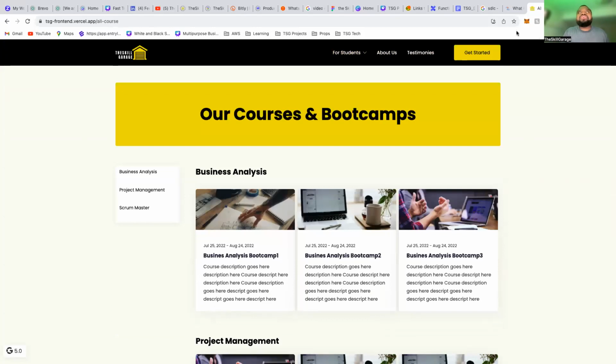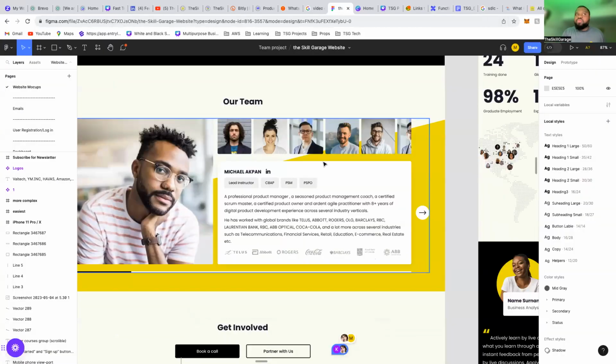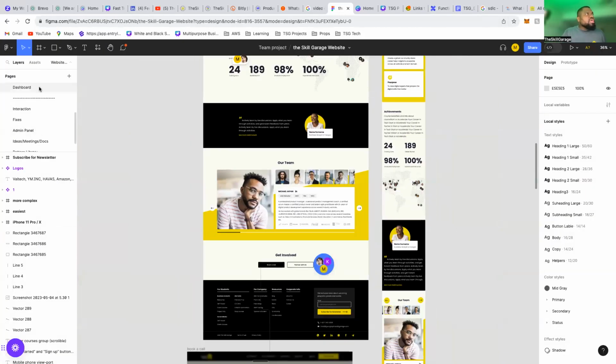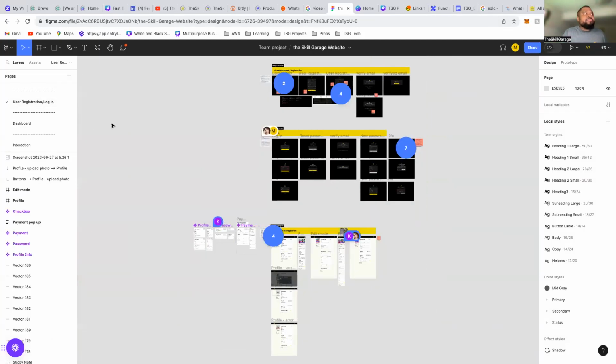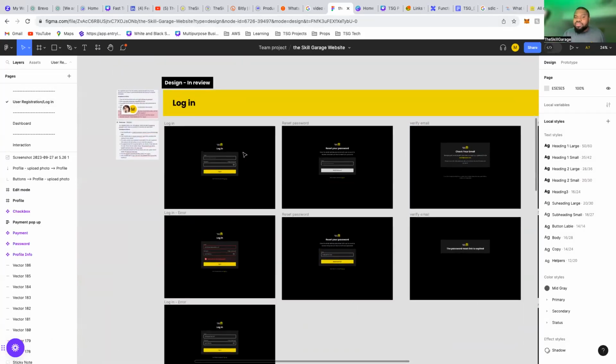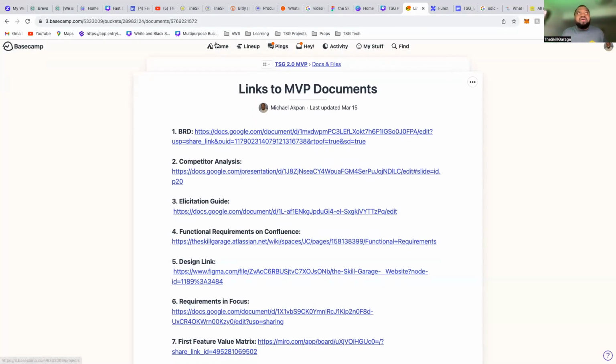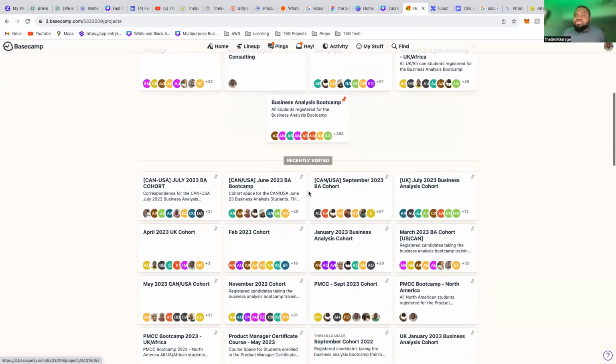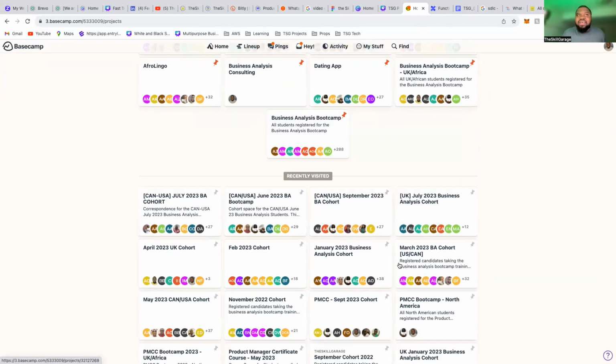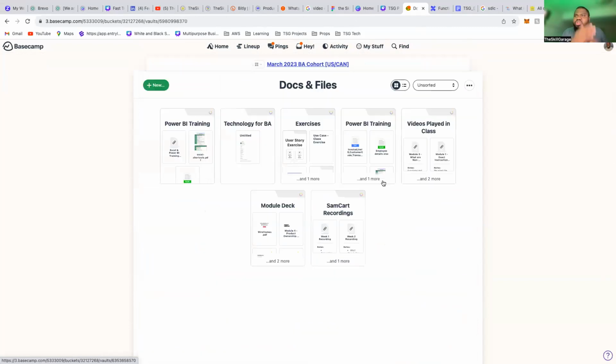But we don't have to wait for everything to be built before we launch this website. For example, there are other things that are still going on. For example, there is this one, the user registration. We don't have to wait for user registration because we have another way of managing the students now. We use our Basecamp to manage the students. You can see this is where our students are housed under Basecamp. They are put into their different cohorts. They can see all the materials for the class. They can see all this. We don't need to build this now because we can still manage them here and just give them the public-facing website. That is what Agile is about.